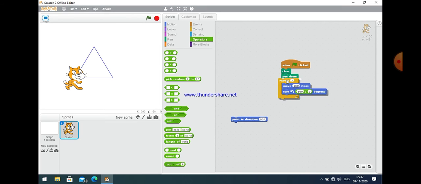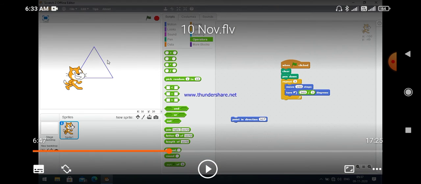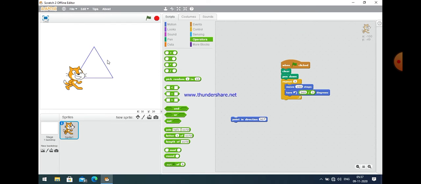Now most of the students are confused why we should take point in direction 90 degree. Basically, when we use point in direction 90 degree, that means Scratch must direct the sprite, that is a cat in this case, to point in direction 90 degree. Otherwise it points in another direction.